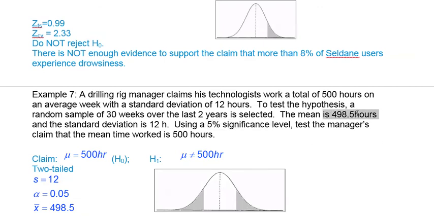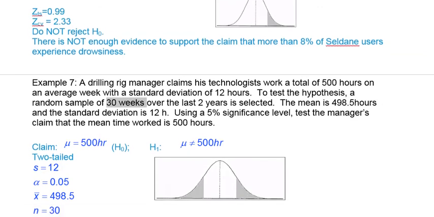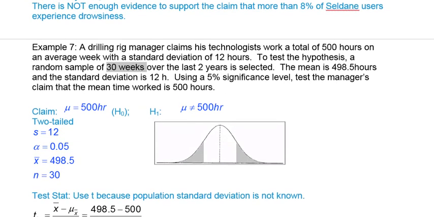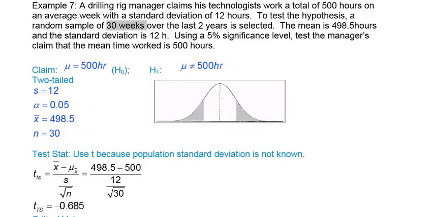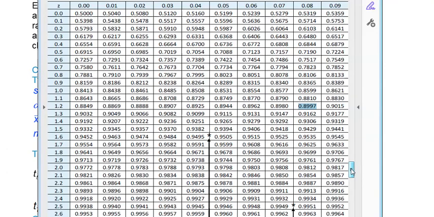So our sample mean, 498.5. Our sample size, got 30 weeks of this data. So we're going to plug those values into our T test statistic. So since we've got a T test statistic, we're also going to have to look at our T table for our critical values. So going back to those tables again, we're going to scroll down till we get to our